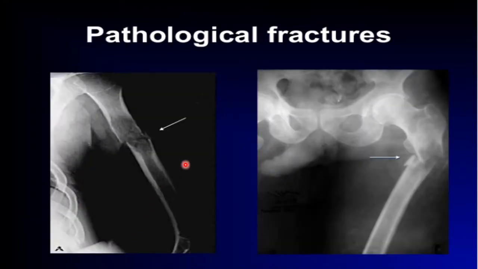Here is an example of a pathological fracture. There is a bone cyst in this bone, which has, if you look at the cortex thickness here, it is very thick. But if you look at the cortex thickness here, bone cortex is very thin, and minor trauma can then lead to fracture. The primary process is not the injury itself or the trauma itself, but the primary pathology is the weakness in the bone.